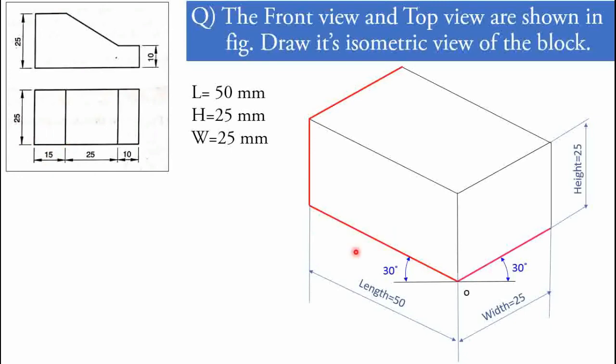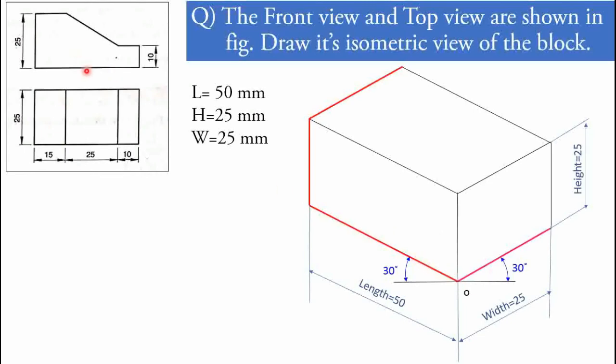So after deciding the length representation on the left side inclination line, we have to start representing the front view structure on this plane. There are three planes: the left side inclination line plane, the right side inclination line plane, and the top side plane. First of all we have to create the front view in the left side plane, which has a rectangular structure. Here I have already represented the bottom edge.